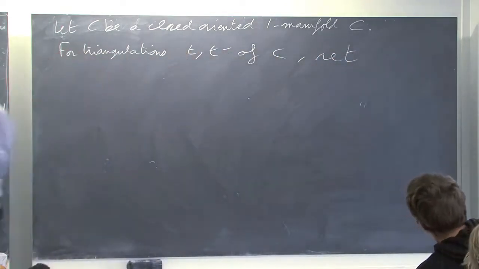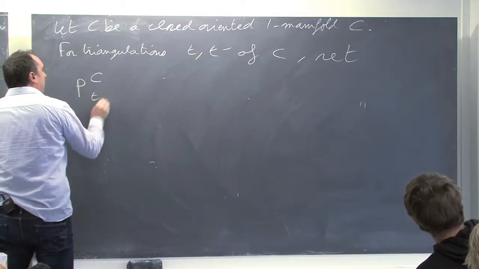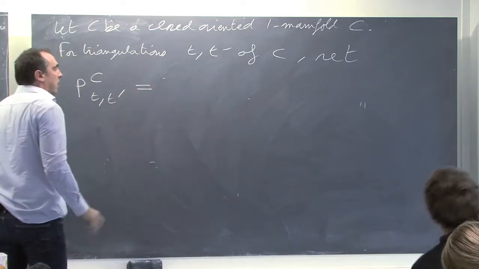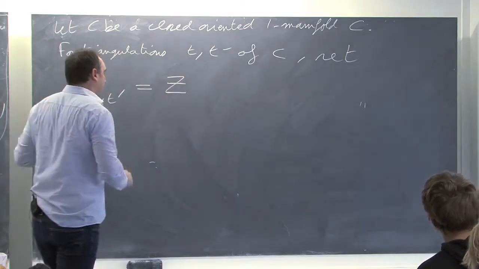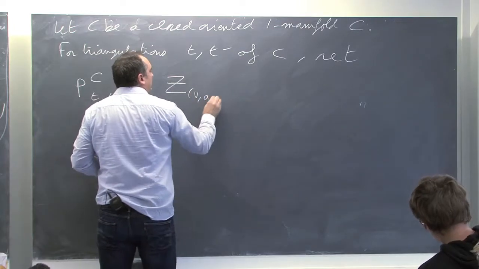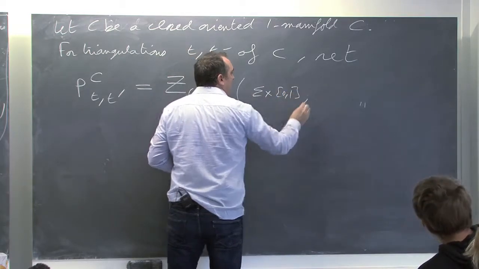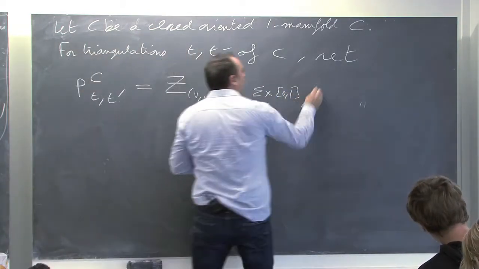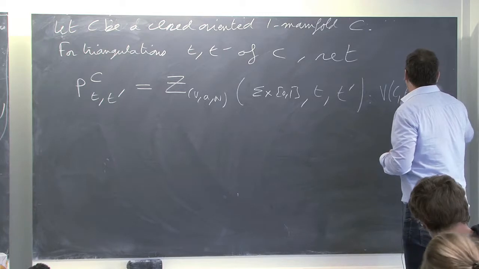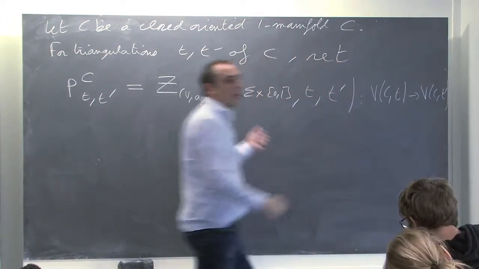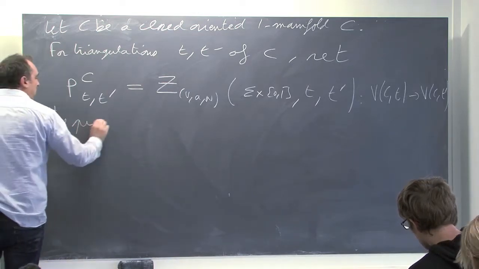You can define P_{C,T,T'} as the linear map associated to the cobordism Sigma cross [0,1]. With the incoming boundary, you put T. The outcoming boundary, you put T prime. This is from V_{C,T} to V_{C,T'}. So you have a linear map like this. And the proposition